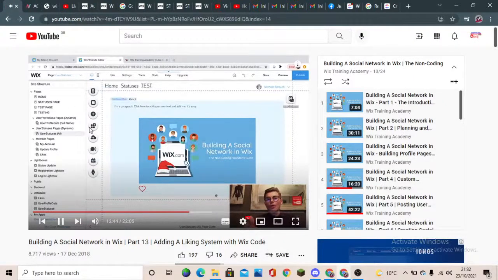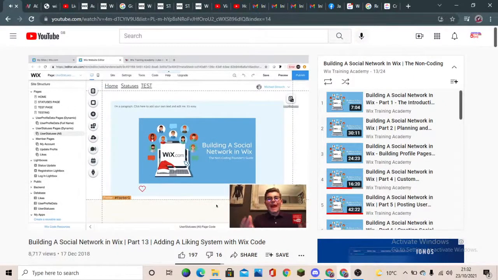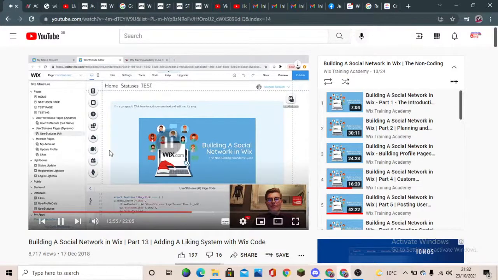Now we're going to add the code for the page that makes the whole liking system happen. So we're going to open our page code handler down here at the bottom, and then you can see I've added the code in here, okay? This code can be found in the Wix Training Academy under code snippet. So go get your account on there or go log in if you